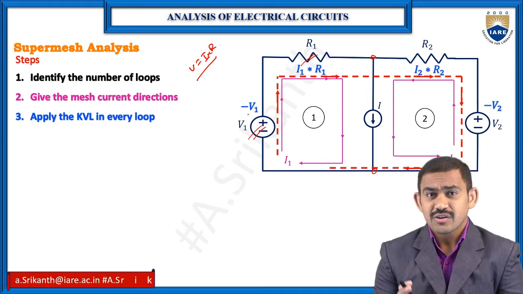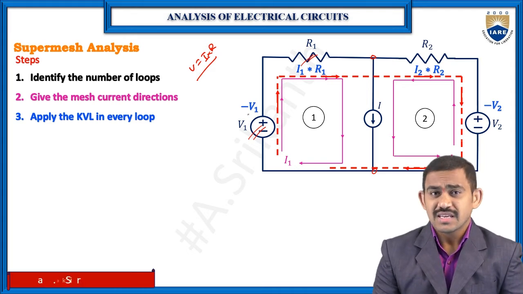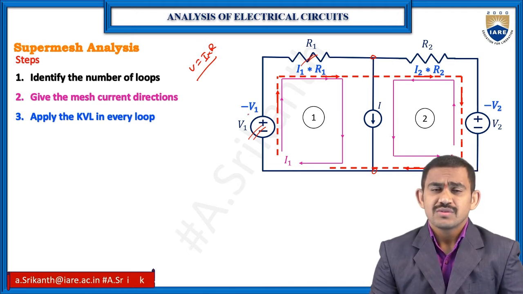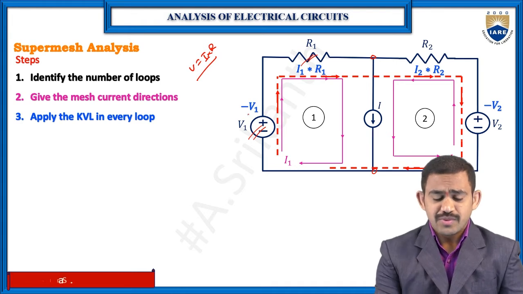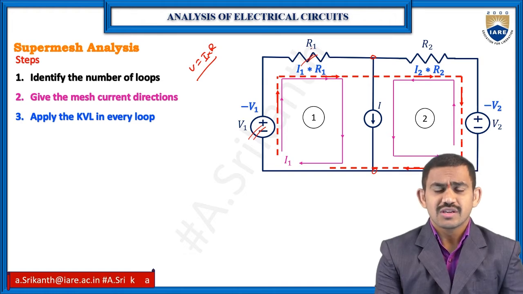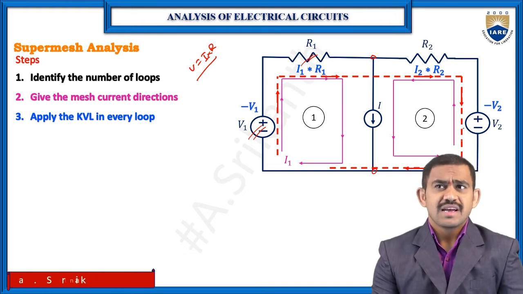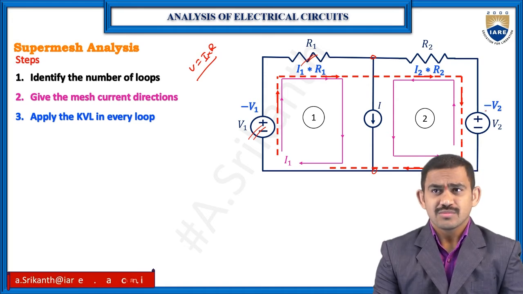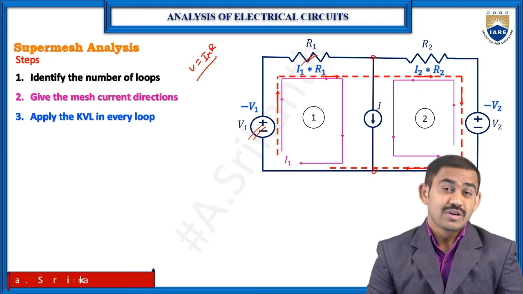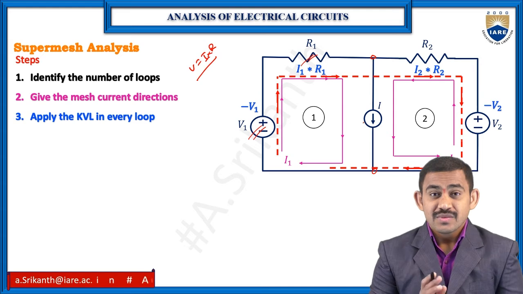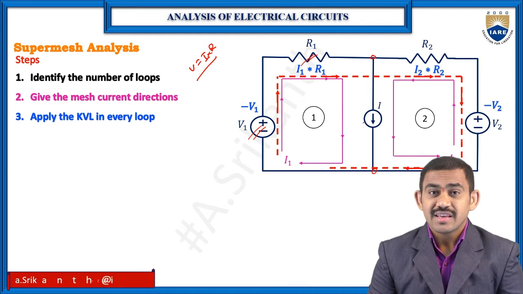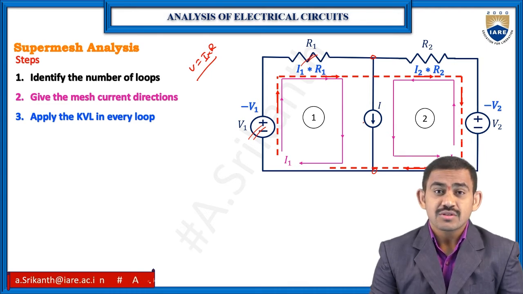In this circuit, I now don't have the current source branch. I have only one loop, and this is my super loop. Now check it for the super loop. One element, the voltage source, we have. In R1 I have the voltage drop, in R2 I have the voltage drop, and in the other voltage source I have the voltage drop. So from these four elements I have voltage drop. Now we are removing the current source, but it has some value, some current I.